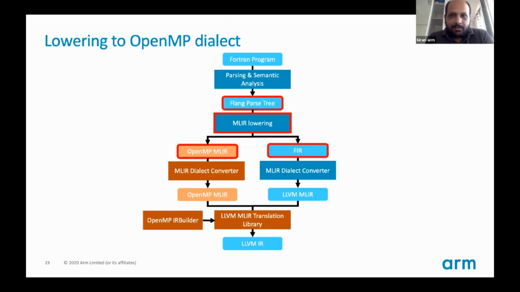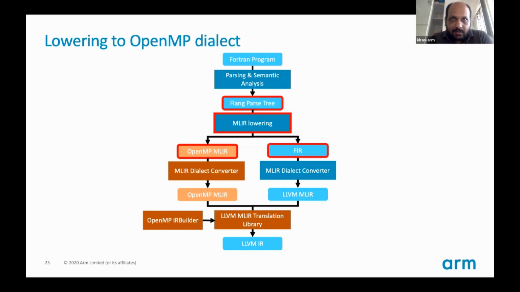So, Johannes, you broke up a bit there. So I don't know. I think the question is that having these OpenMP MLIR representation sitting along with the MLIR representation, whereas the other approach is to convert the OpenMP MLIR also into LLVM MLIR. Is that the two things that are being compared here?